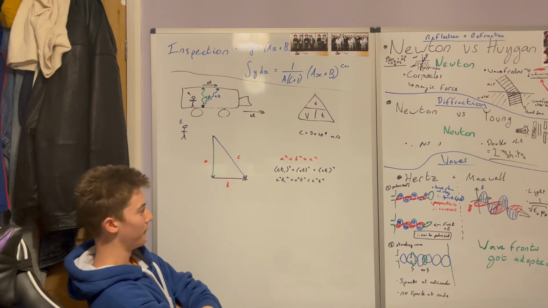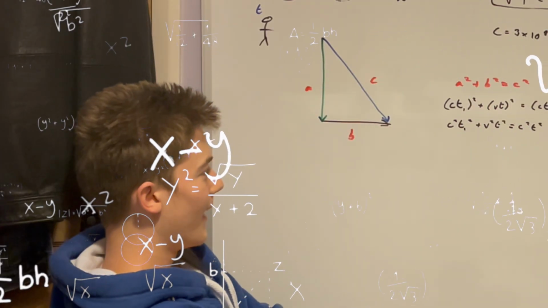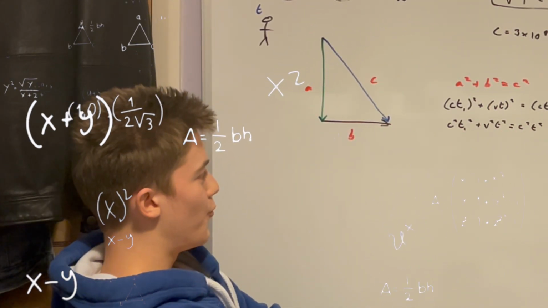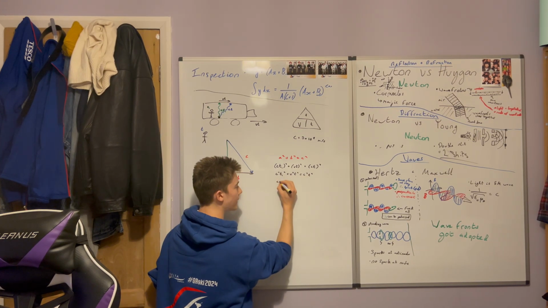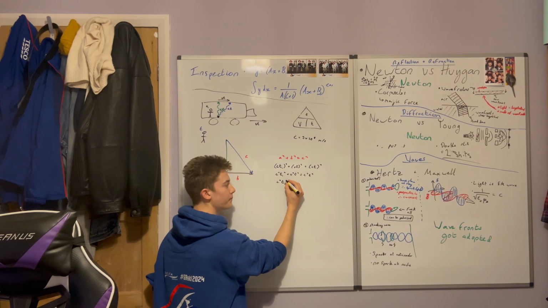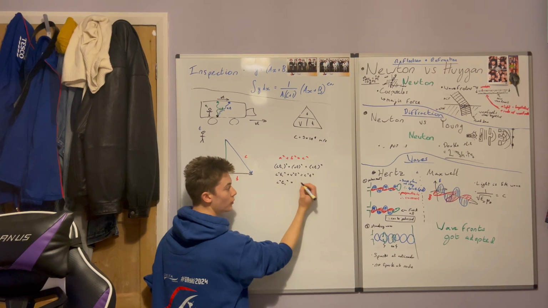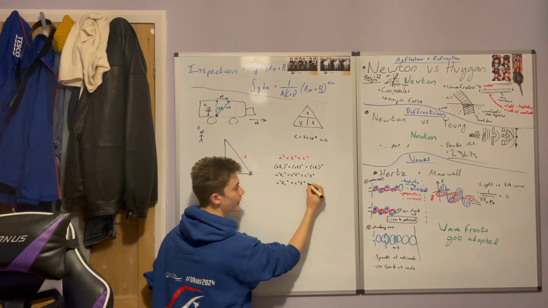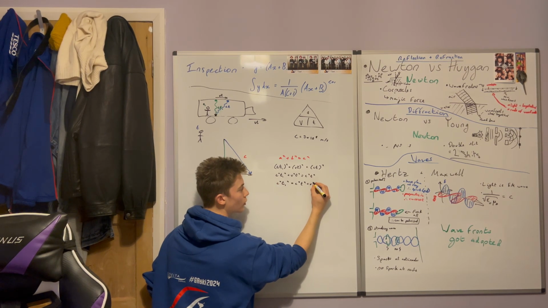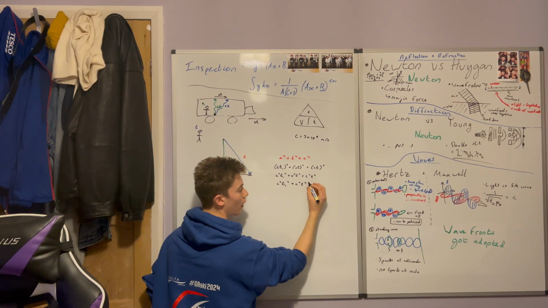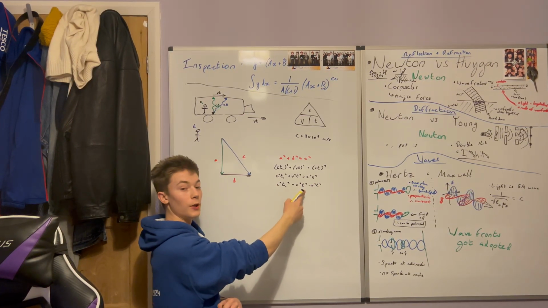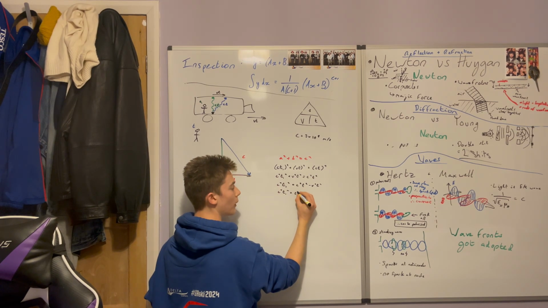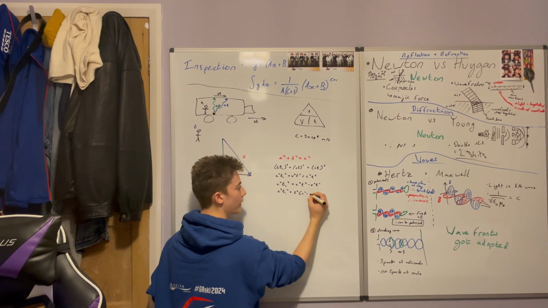Let me think about what the best thing is to do next. Let's move VT over to this side. So it's going to be C squared T1 squared equals C squared T squared minus V squared T squared. Okay? And now we can take a factor of T squared out. T squared times C squared minus V squared.